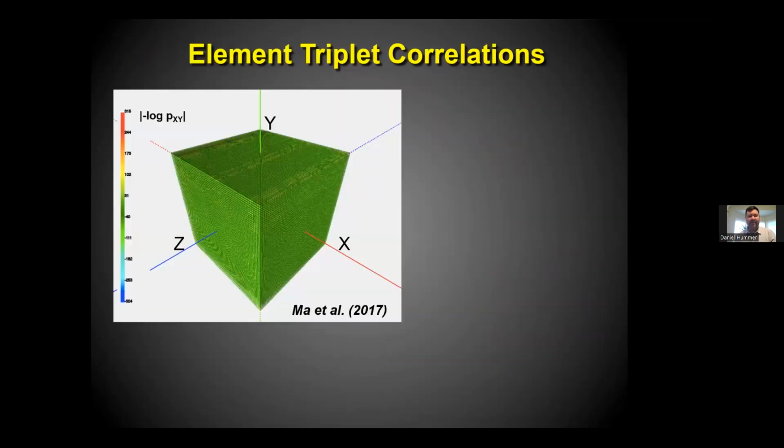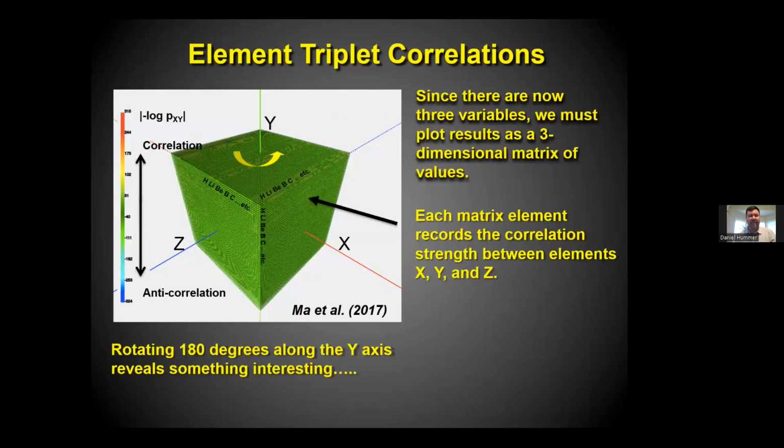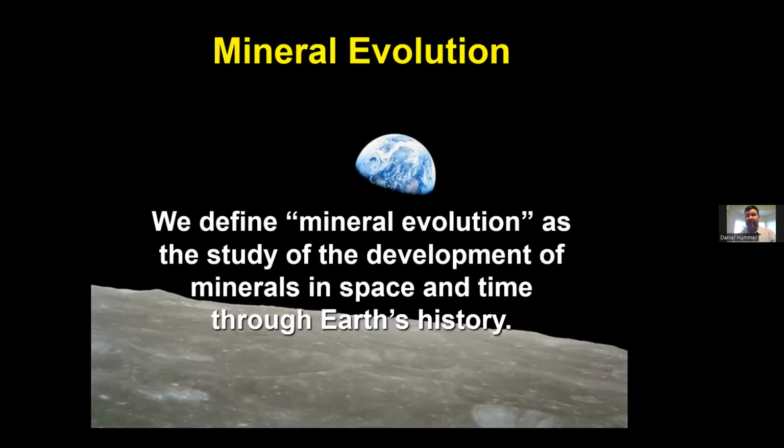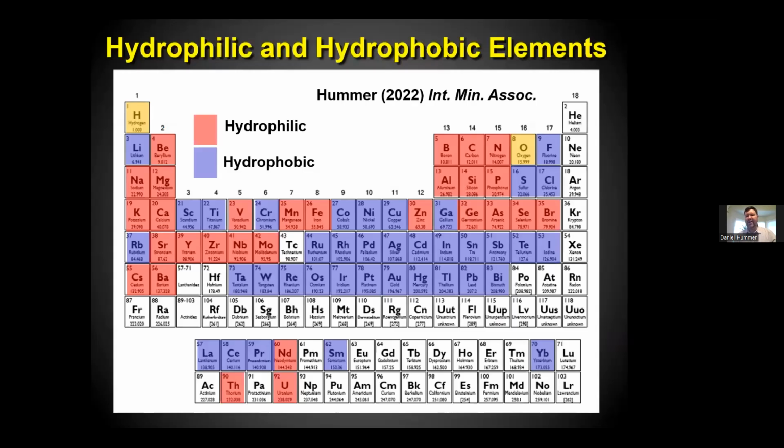So in the interest of time, this is another really fascinating correlation, but I'm actually going to skip over it. And if you're interested in hearing about it, I'm happy to talk to you later. But the upshot is that certain elements tend to associate strongly with hydrogen and oxygen in minerals. They tend to involve water, and other elements do not. And that trend, by the way, is something that's totally new. It does not correlate with the Goldschmidt classification or with any other measure that we have looked at. So that's kind of a new idea in mineralogy that we've found using these trends.